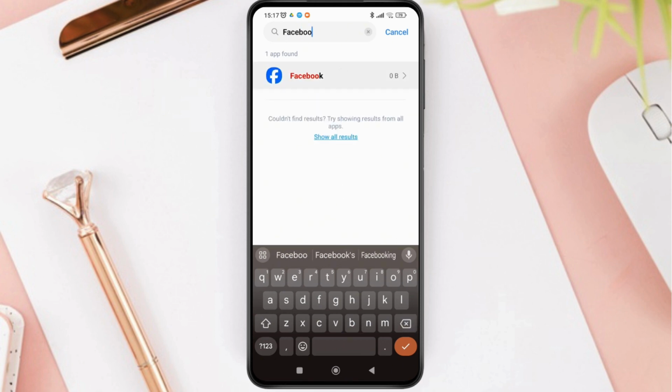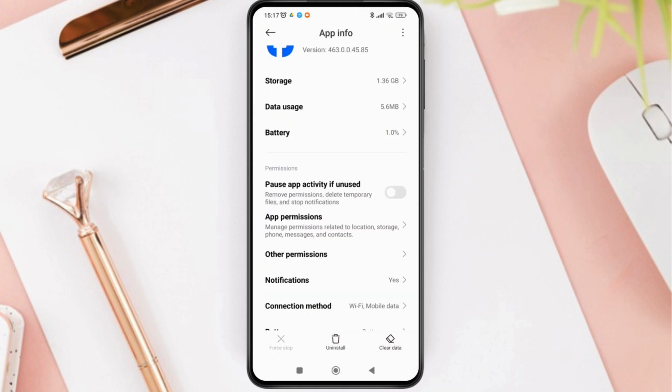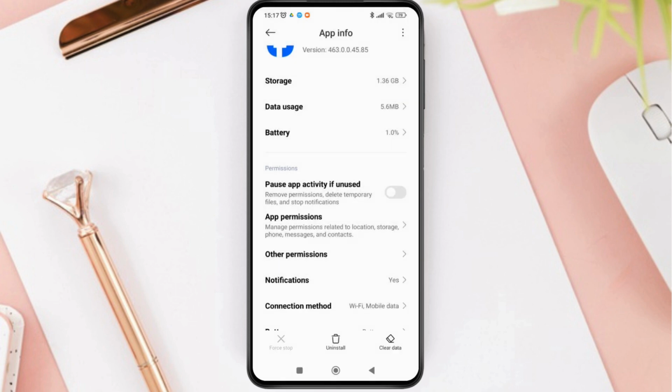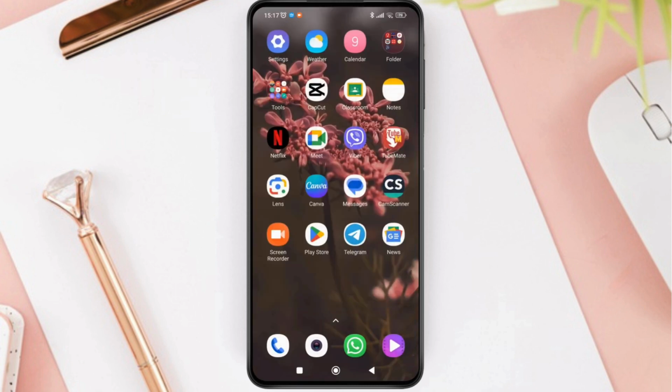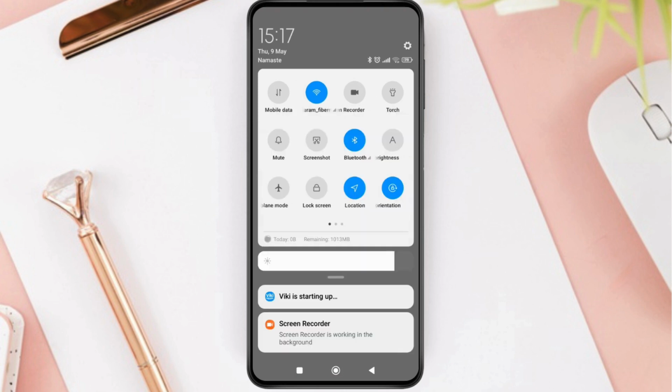So yeah, I'm just typing on the search bar, then tap on Facebook, and down there you can see the option of clear data at the bottom right corner of the screen. Select that and then select on clear cache. Select OK. Now go back and scroll down the notification center, and there you can see the option of airplane